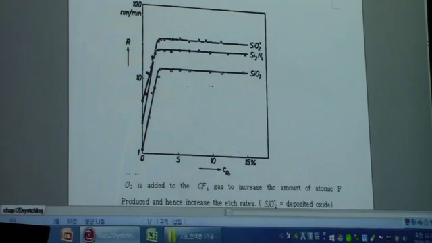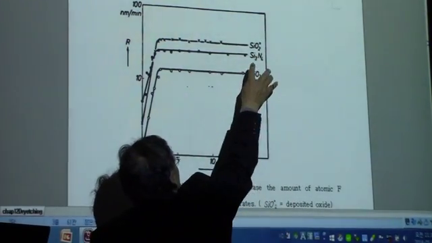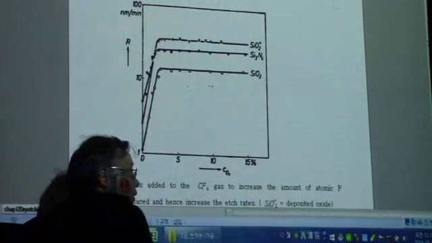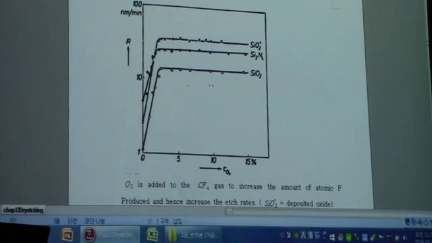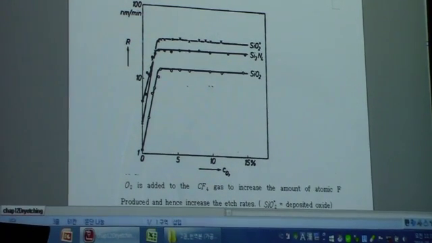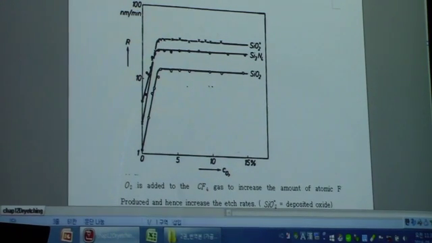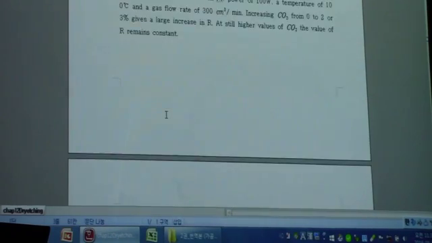Okay, so this is not thermal oxide. This is the deposited oxide, and this is thermal oxide. You can see the difference in the etch rate. Anyway, you can see the enhancement of the etch rate with the addition of O2, oxygen gas, and that's